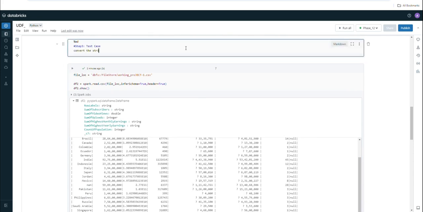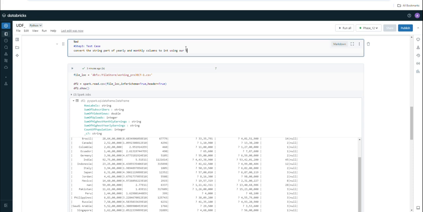Convert the string part of the yearly and monthly columns to integer